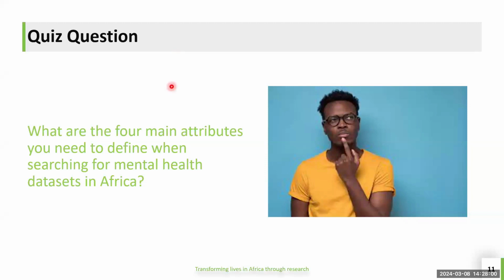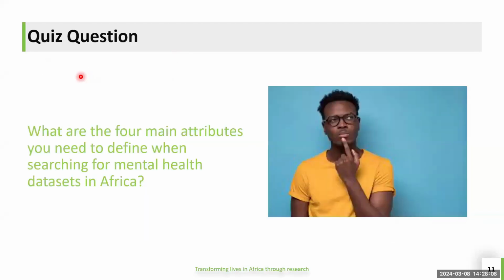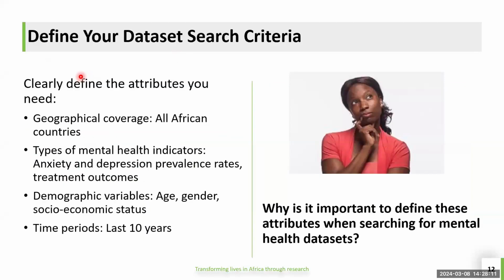move on and go to the next bit, which is to do with an example that we have put together. So just to recap, we need the geography. In our case, it's all the African countries, the type of mental health indicators or topics that we're interested in. So anxiety and depression, prevalence rates, treatment outcomes, and so on. I'm just giving these as an example, but you are the experts working in this domain, so you can actually clarify further there, the age,